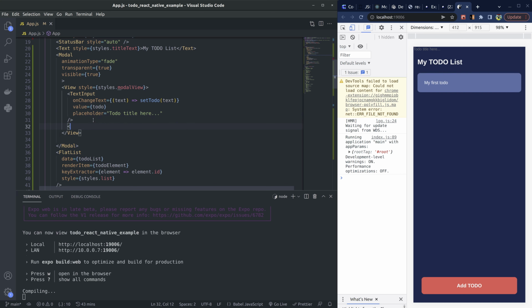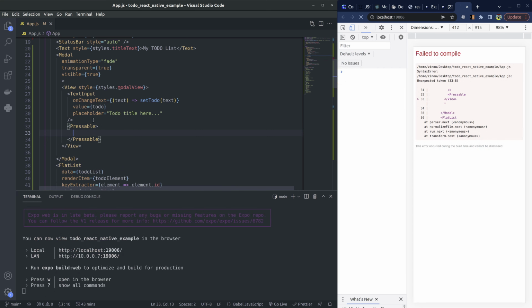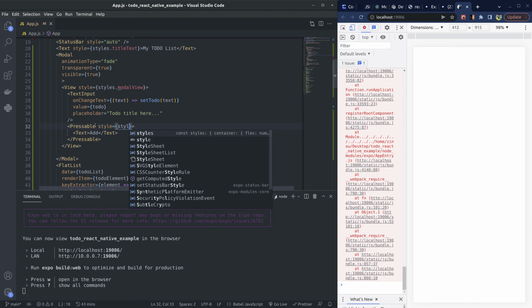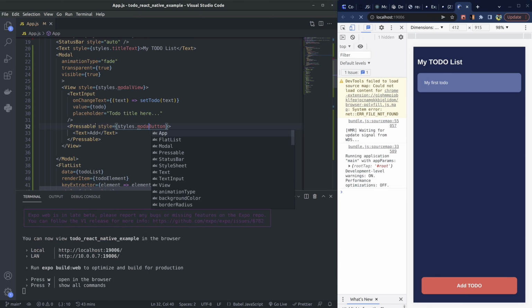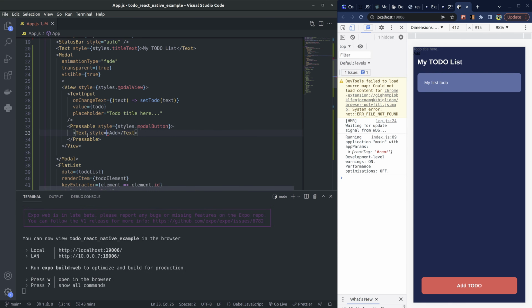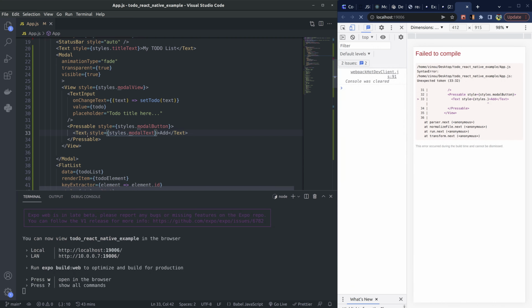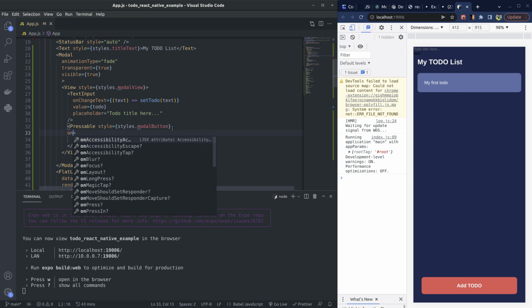And one final thing is the actual button, so Pressable. The button contains just the text, so the text says just "add". So let's apply some styling to the button as well. So styles.modelButton, and for the text as well. Okay. And we also need a function right here to add the actual text. So onPress,